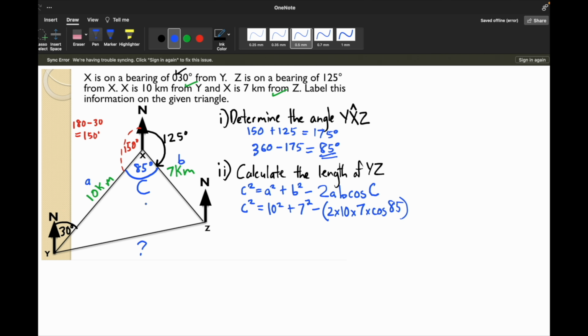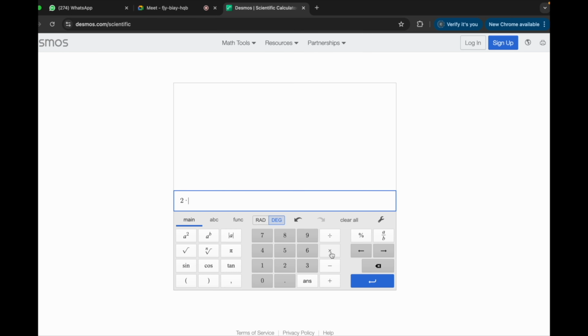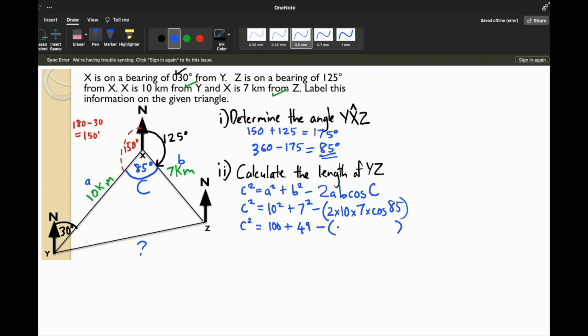Alright, so with this part here, we know that C squared would be equal to 10 squared, which is 100, plus 7 squared, which is 49, minus 2 times 10 times 7 times cosine 85, which gives us 12.20. So we will be left with C squared is equal to 100 plus 49 is 149, minus 12.2, which is equal to